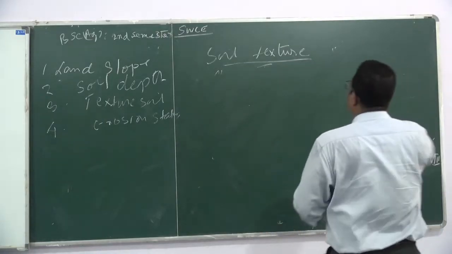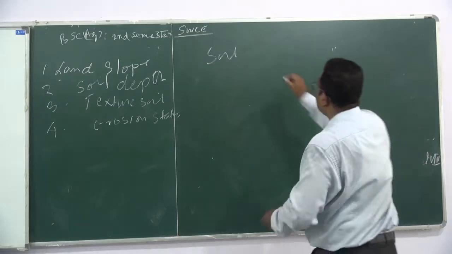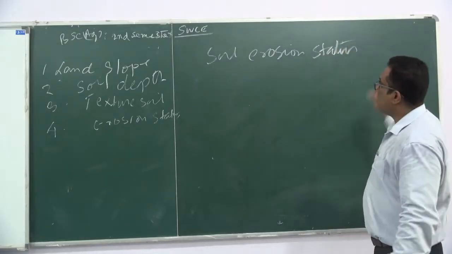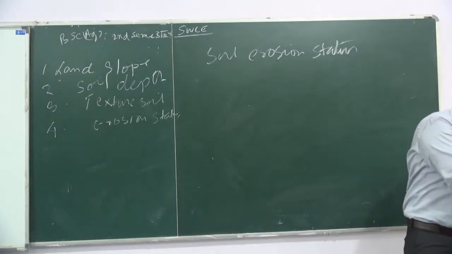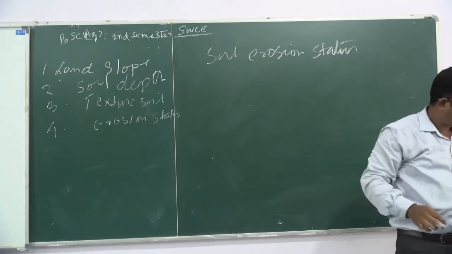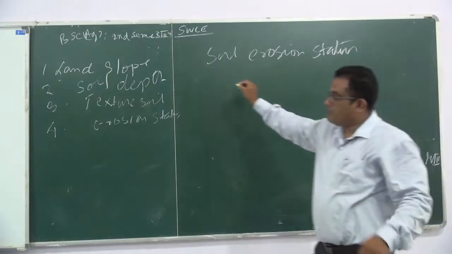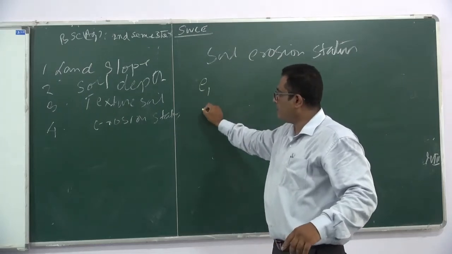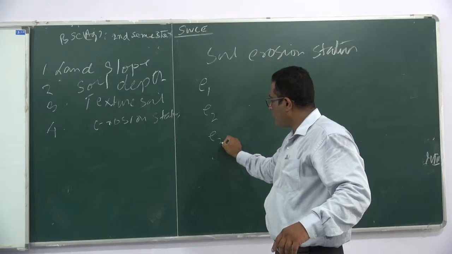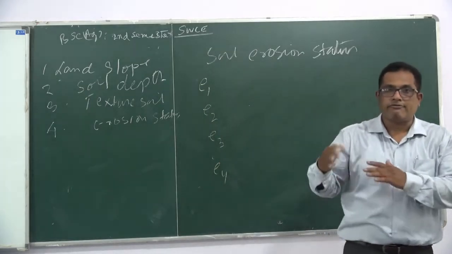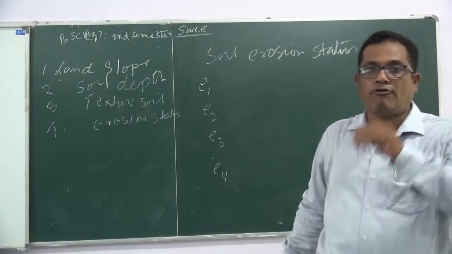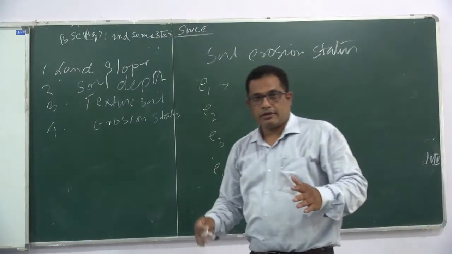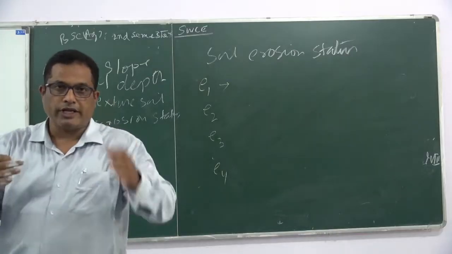Now coming to soil erosion status. Yesterday we have heard, according to this parameter, we have divided the erosion status as E1, E2, E3 and E4. Accordingly, the severity of erosion that takes place in such type of lands. So E1 is characterized by land where the erosion, the cutting away of the soil, is limited